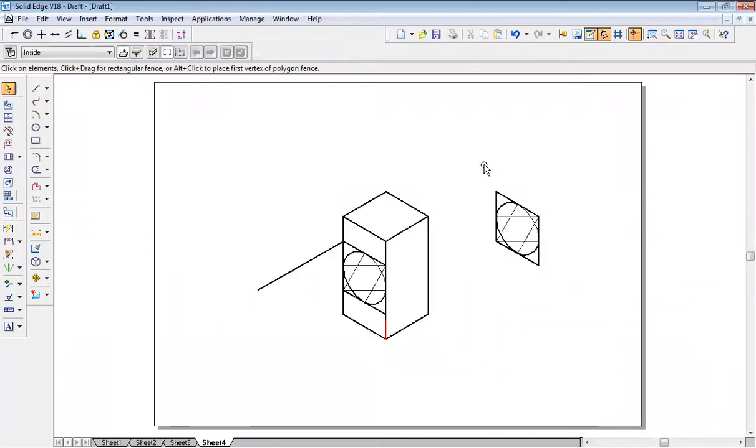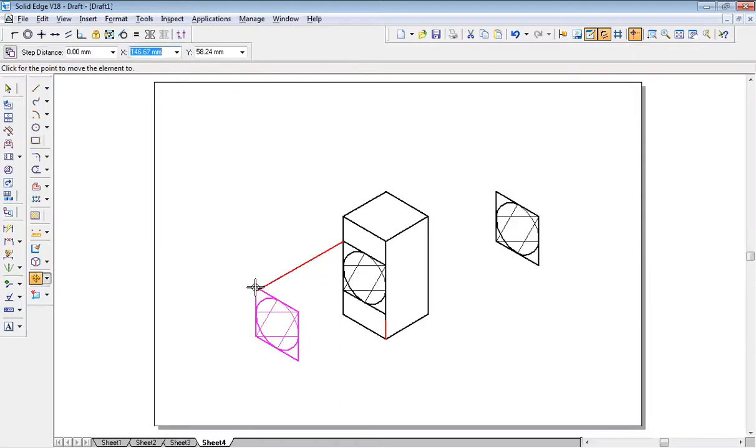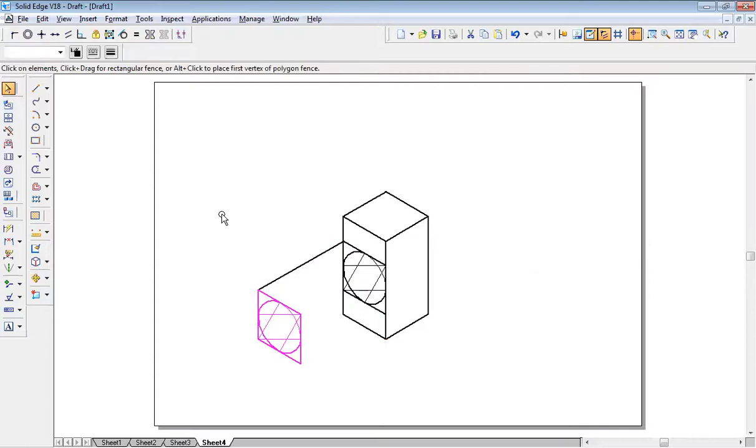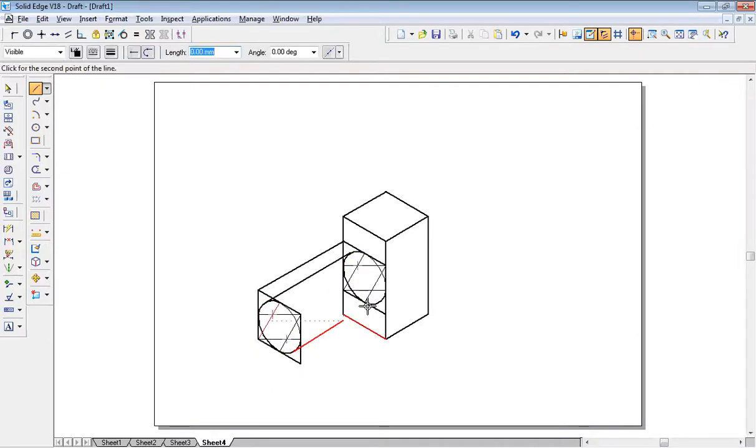Then select this entire thing, go back to move command again, switch off the copy option. So this line, put it on end of this and draw a tangent line from here to here, then again from here to here, right? And delete all unwanted lines.